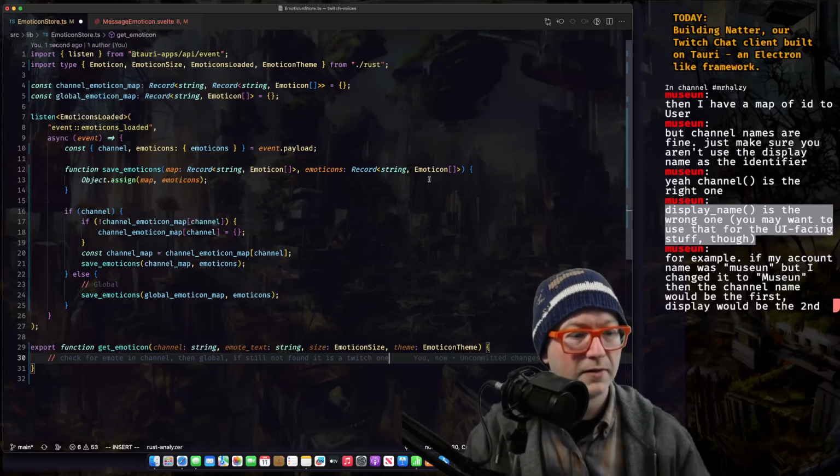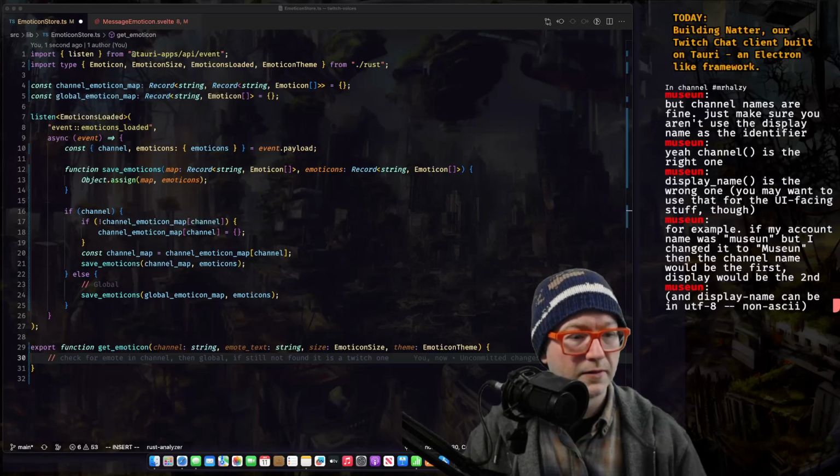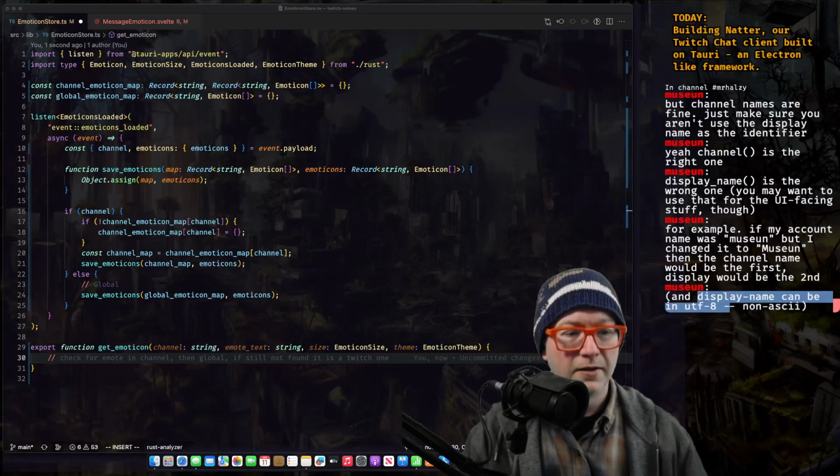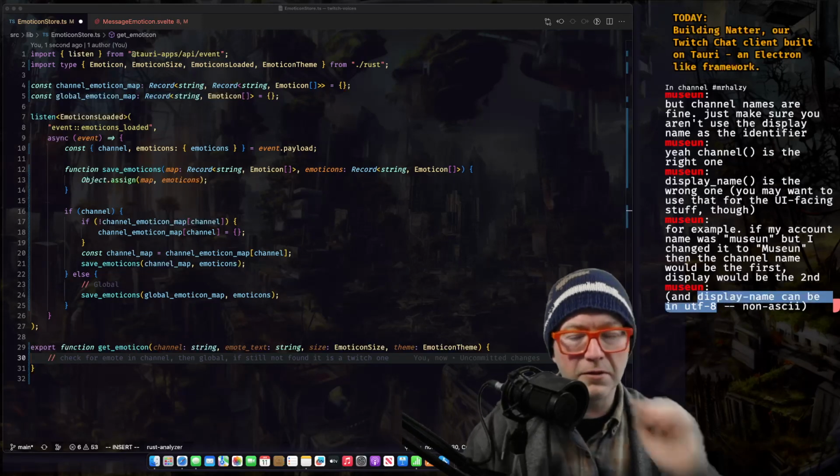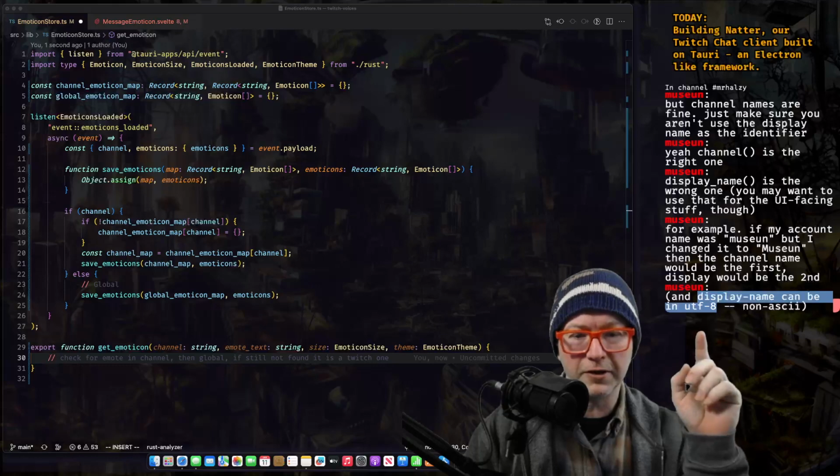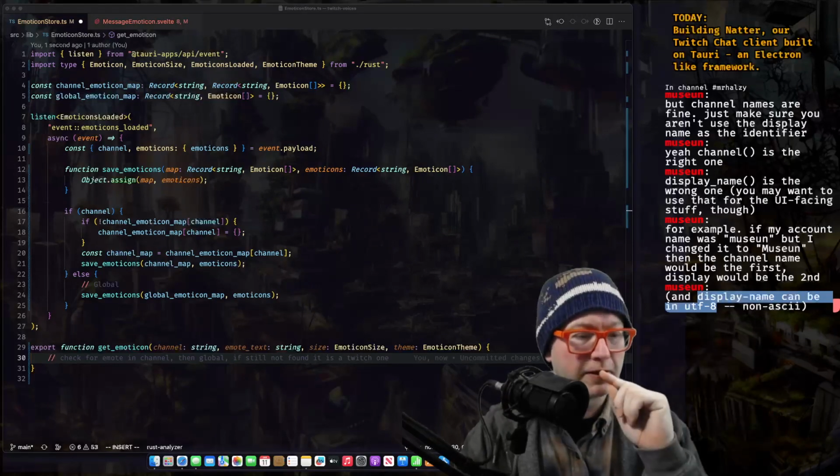Oh, I see. Display name can be in UTF-8, non-ASCII. Oh man, and what about those UTF-8 characters where they back up, they reverse, right?